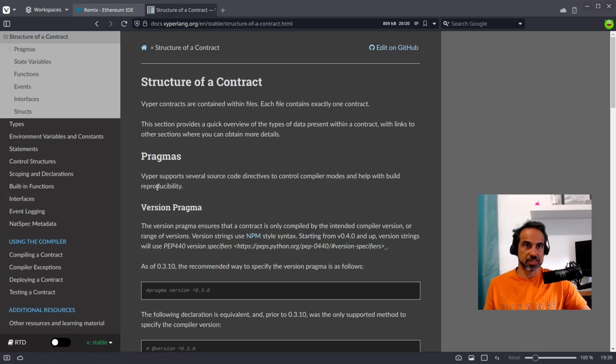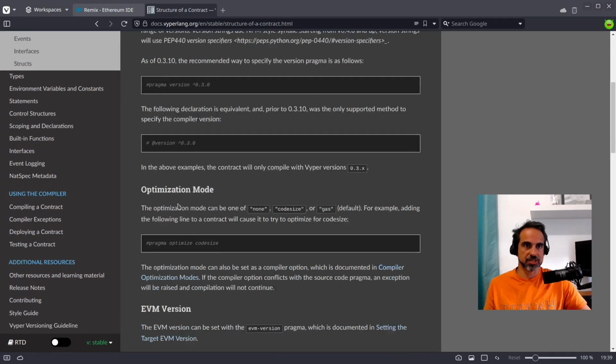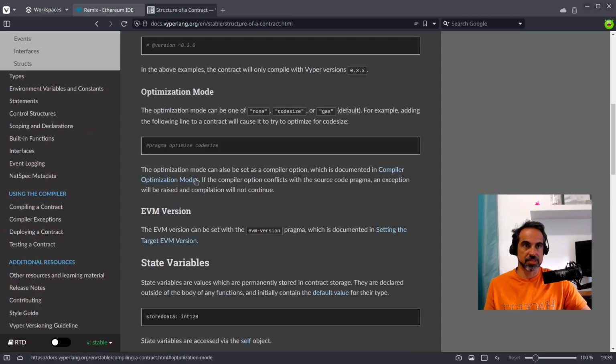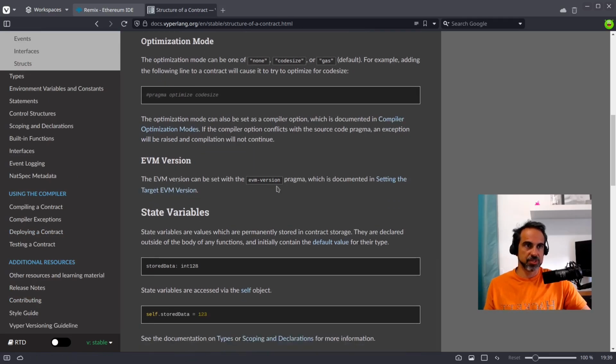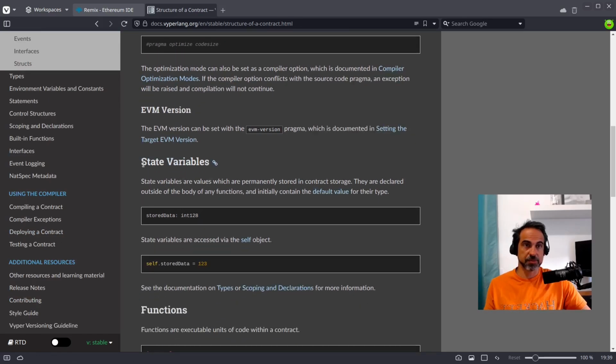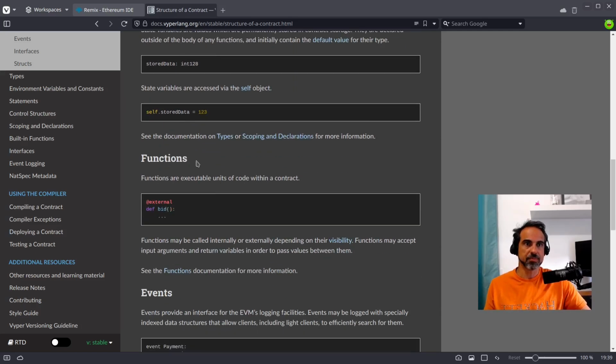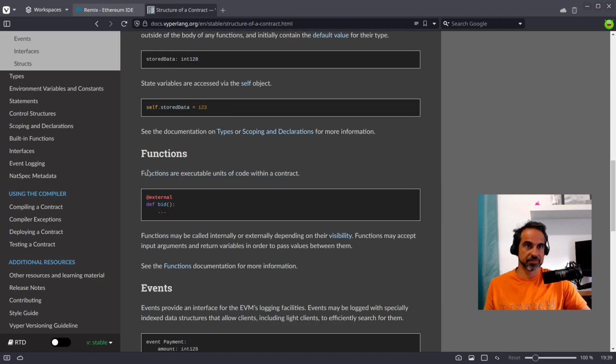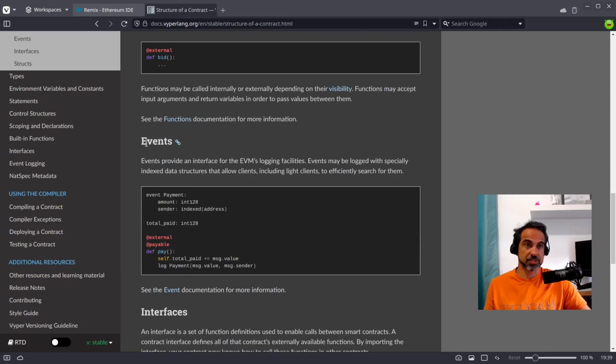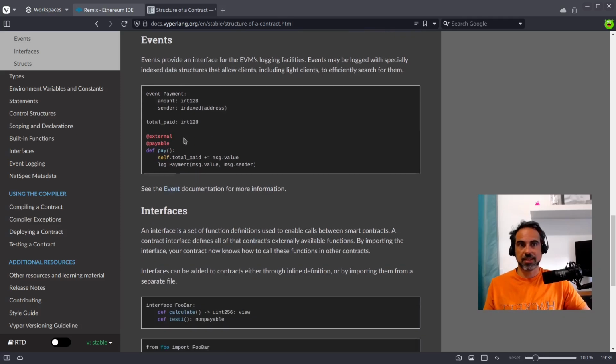Structure of the contract. So we have pragmas, the same as in Solidity. Optimization mode, the same as in Solidity. EVM version, we can select the EVM version. State variables are the variables of the contract for storage. And this is the declaration, and this is how we access the variable. Functions, of course we have to have functions. Events, which are kind of nice to have,